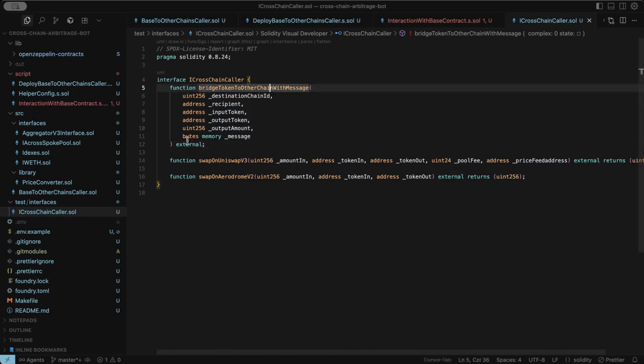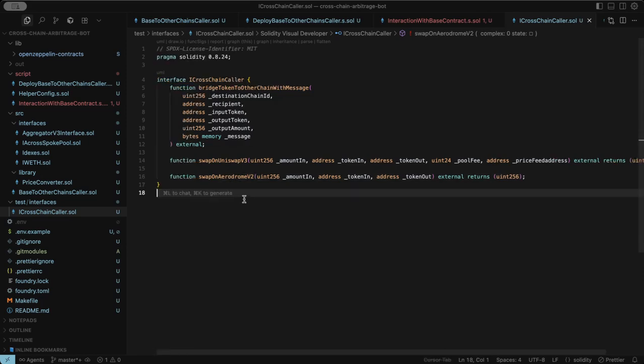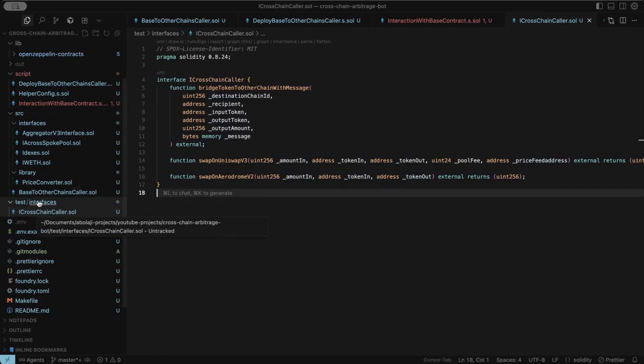They are all external functions. Then swap on Uniswap V3, then swap on Aerodrome V2. These are the functions we can call on the contract. So the next thing,